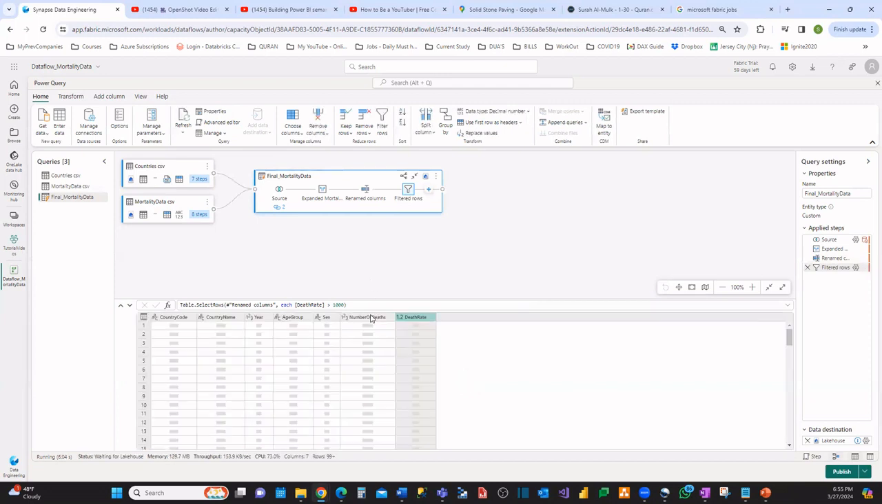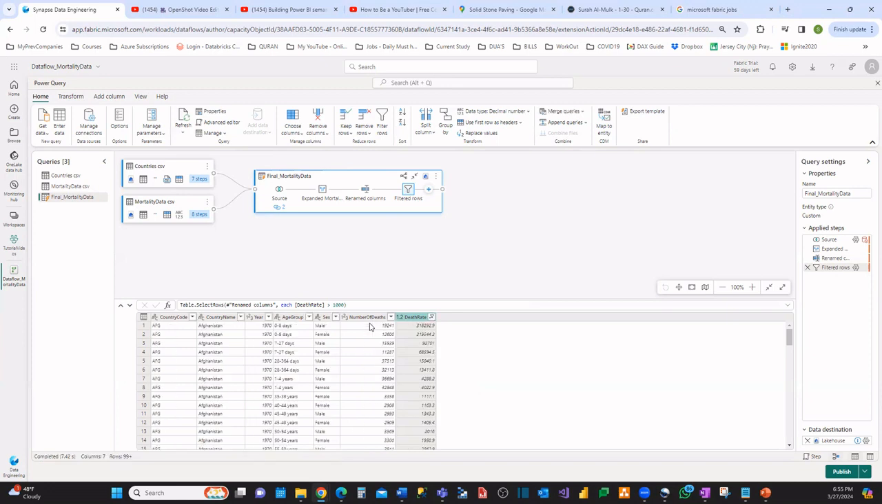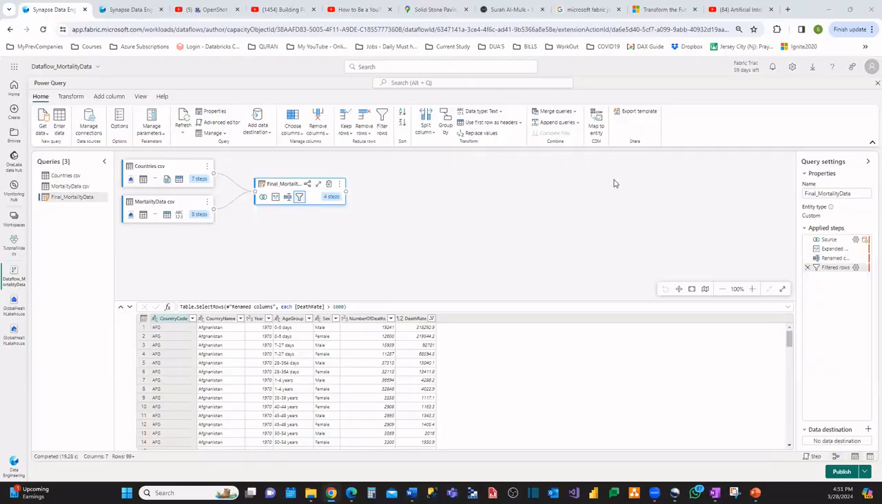So with that, most of the data transformation we wanted to do is completed. Now one more last thing we need to do here. Actually, we need to do two things before finalizing this transformation data flow. We need to set up a destination table for this final mortality data. To do that, you select Add Data Destination from the menu, select Lakehouse,